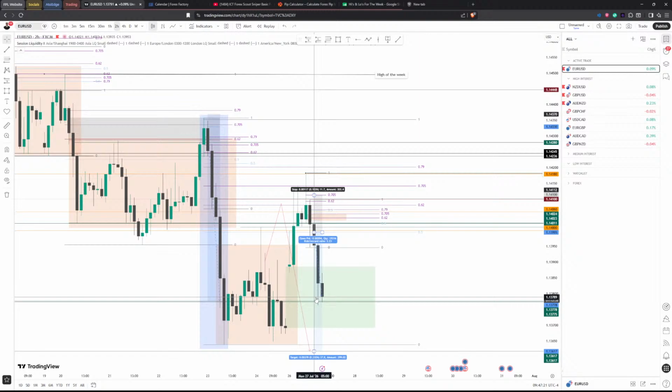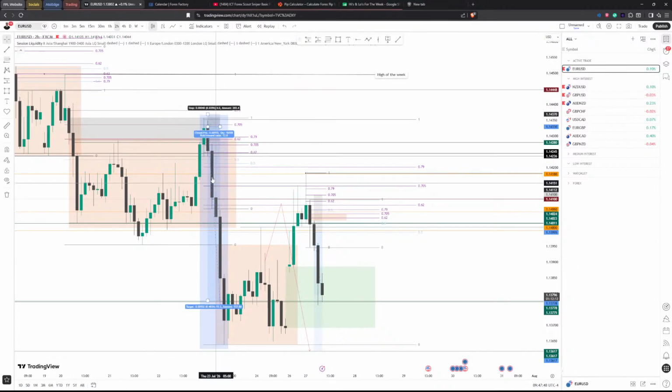So that is our target already formed, but that's not a reason to enter. So let's go over this 1418 level. ICT said that institutions like the 0.8s, the 0.2s, the 0.5s, the flats, like the 000s, etc. They like those levels because they are whole numbers. It's easier for them to make dealings around those levels. So that is a key area. Plus, it's within this fair value gap, which caused this original move.